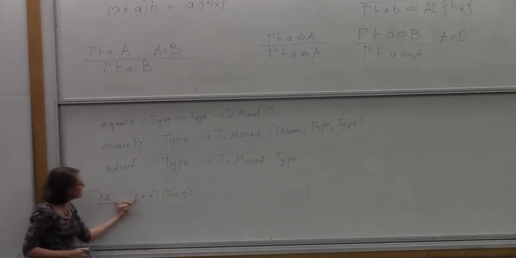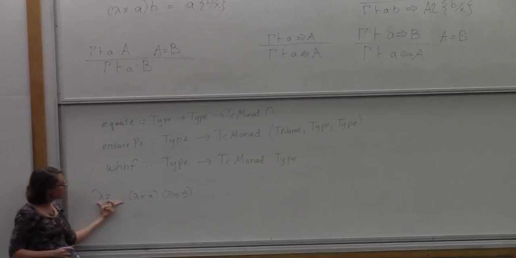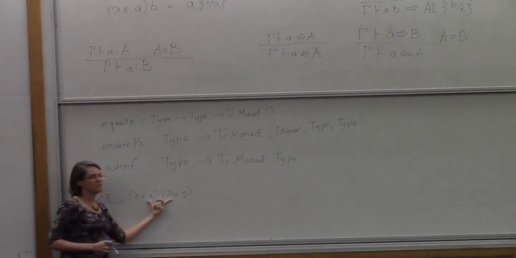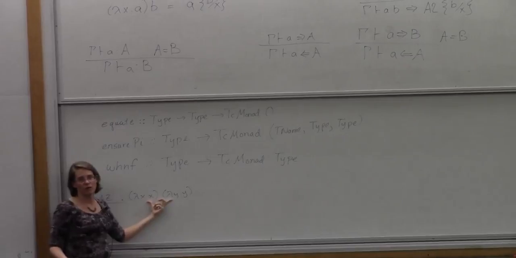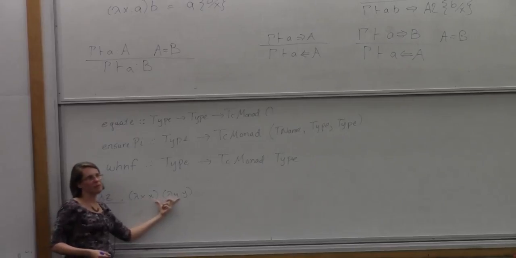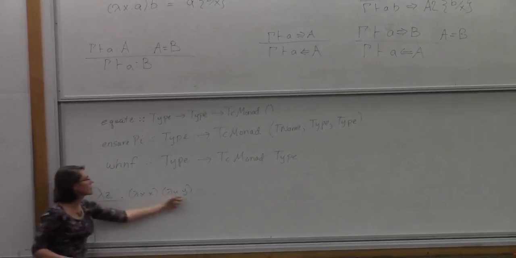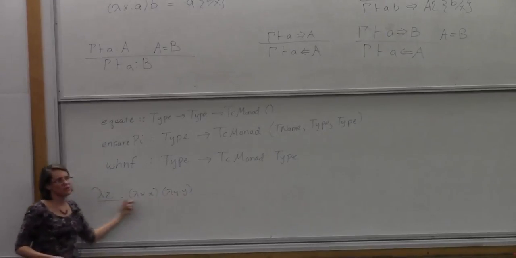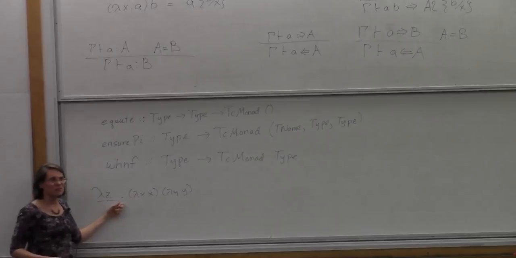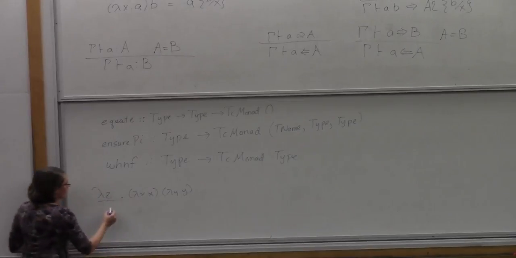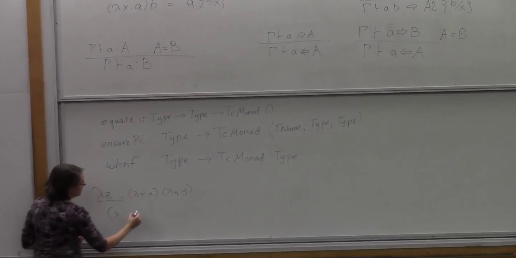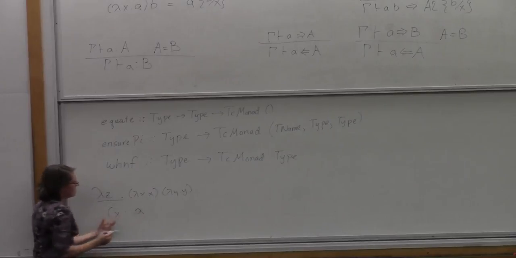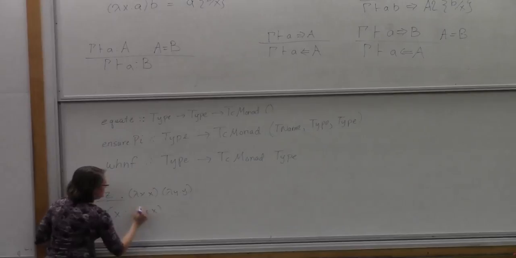We've reduced it to the top level, but we don't have to reduce inside anymore. So full reduction would keep on going and reduce underneath this lambda, whereas weak head normal form reduction would only go as far as the top level. And this is true not just for things that are equal to lambdas, but also, for example, if we had a pi type. You know, if we've reduced it